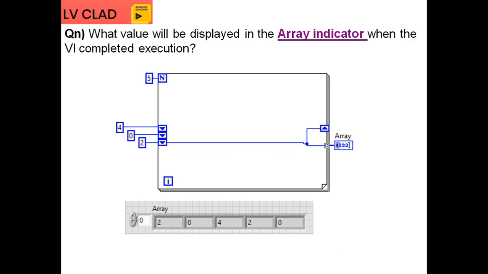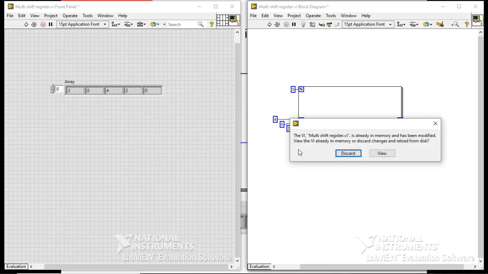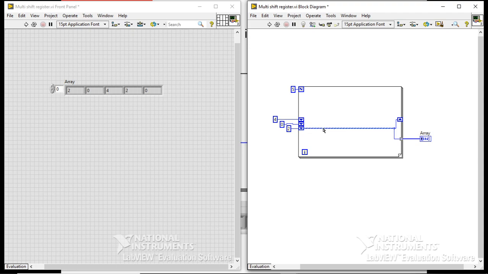So it is very important where we have wired the shift register. For example, if you have the same thing and you take this from here, what will happen in the execution?